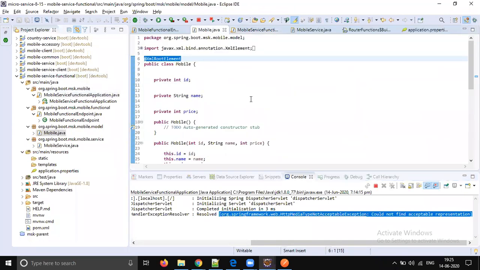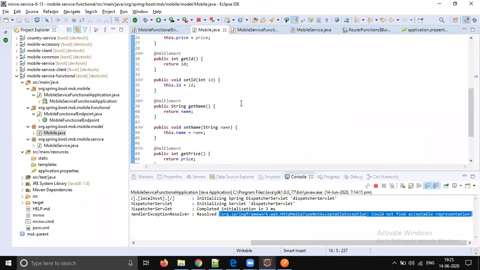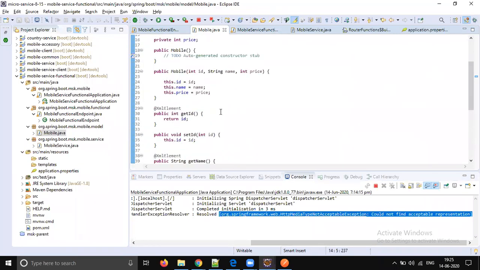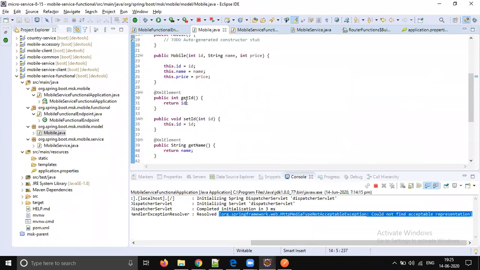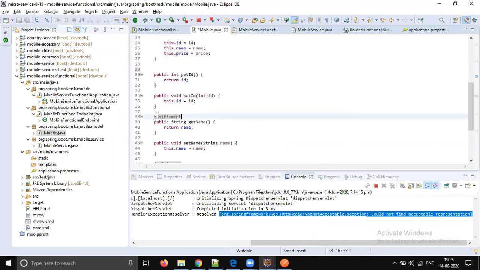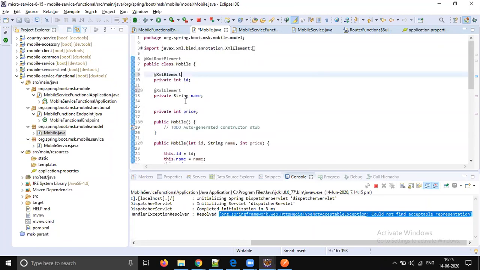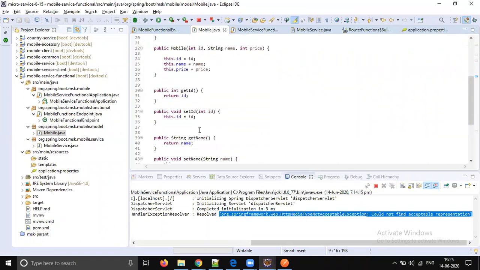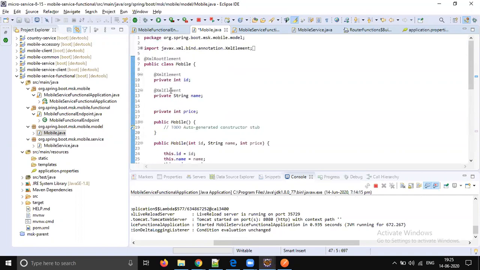In Mobile.java, you have public methods, right? ID and fields, three elements we have.